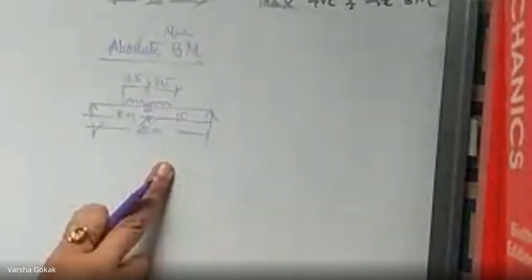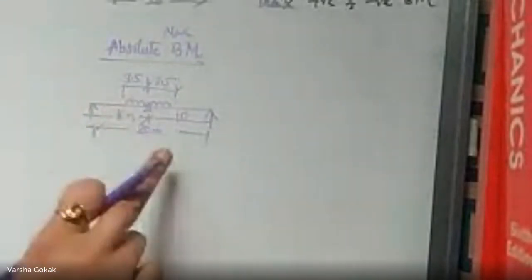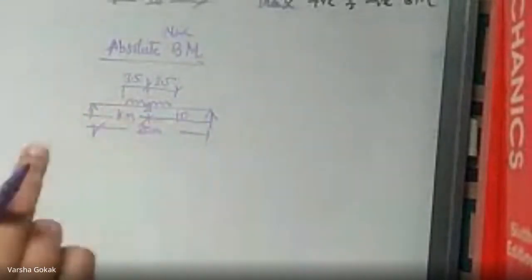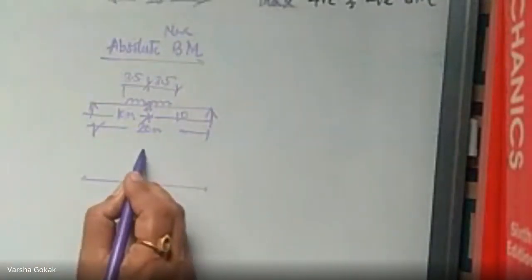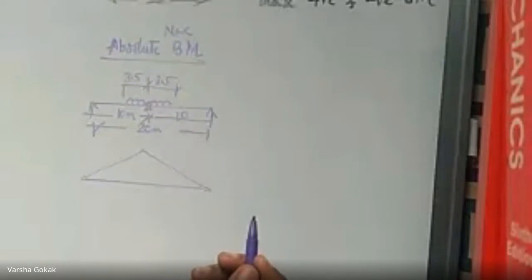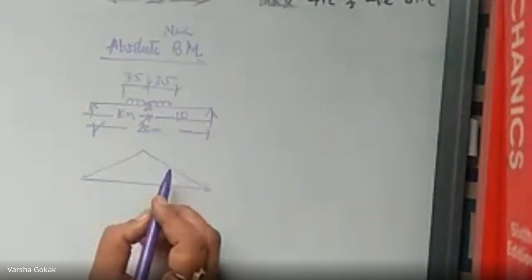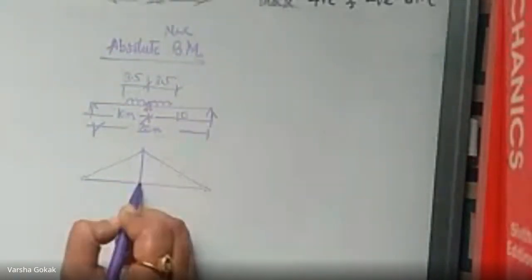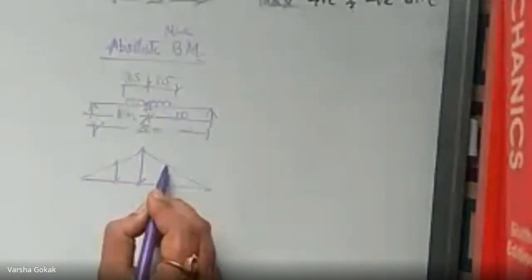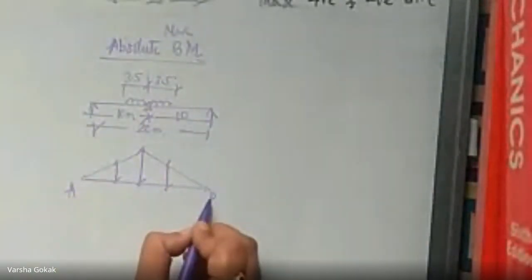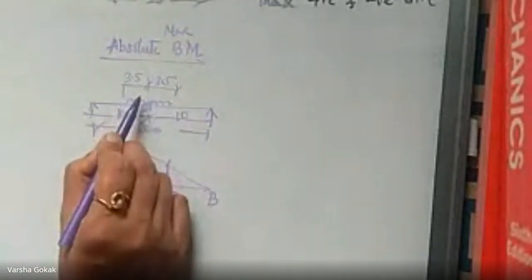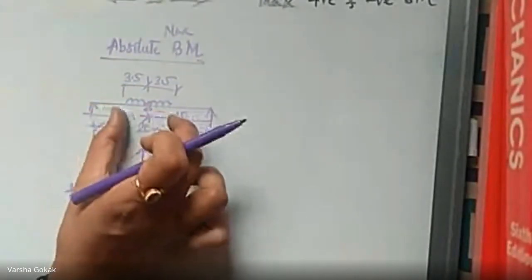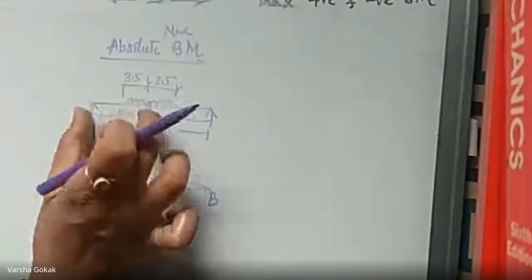This is to get the absolute maximum bending moment, meaning I will place the point C and the given loading exactly at the center point. Clear? So the bending moment diagram, ILD for unit load, is going to be like this. Correct? We are aware of this. And I have to calculate the ordinates at these two other points. If I call this A, B, C, this becomes D and this becomes E. Now from here, we will use that x divided by L1 is equal to A divided by L.